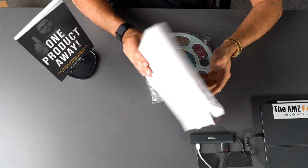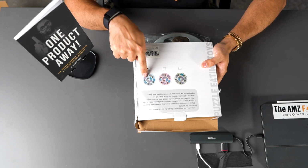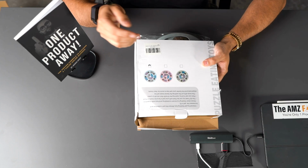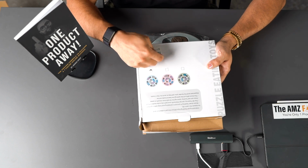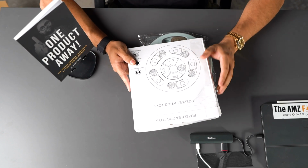The packaging, there's not really any color other than the back. And on the back, it's the 3 different colors that they offer. Pretty straightforward. It's a sticker for the ASIN. It's not printed on. So few ways that they could improve the quality of the box is, number 1, higher